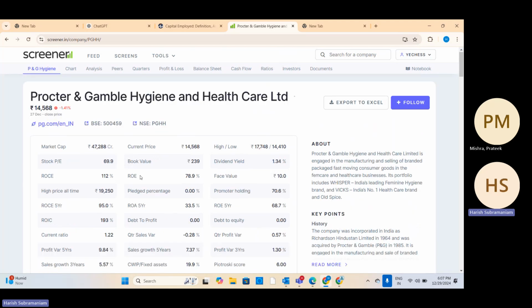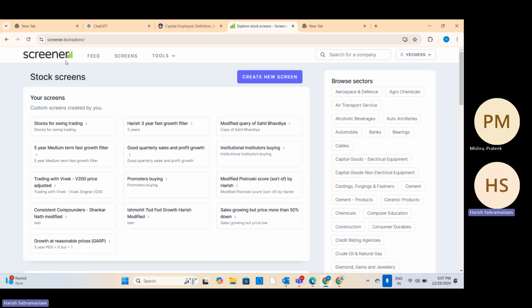We'll be talking in general about financial ratios and what they tell us about the health of a company. And we'll talk about some other things, including promoter holding, which is not a financial ratio, but we'll be talking about things like this as well. And then we can create our own ratios on Screener. Like, for example,